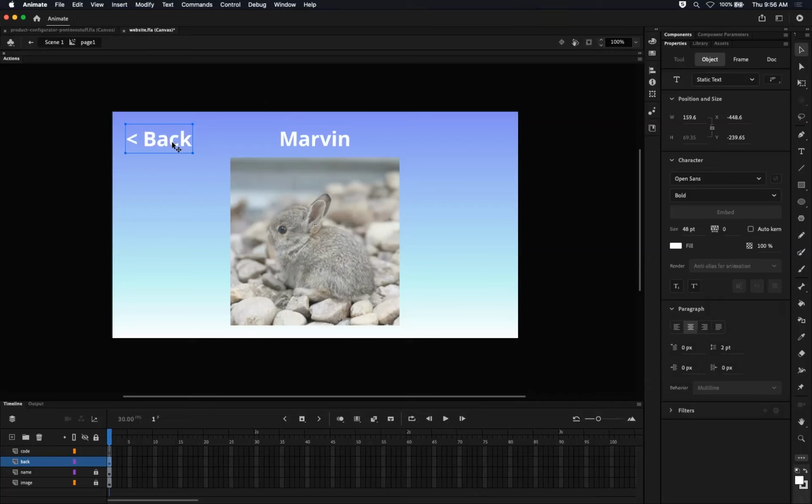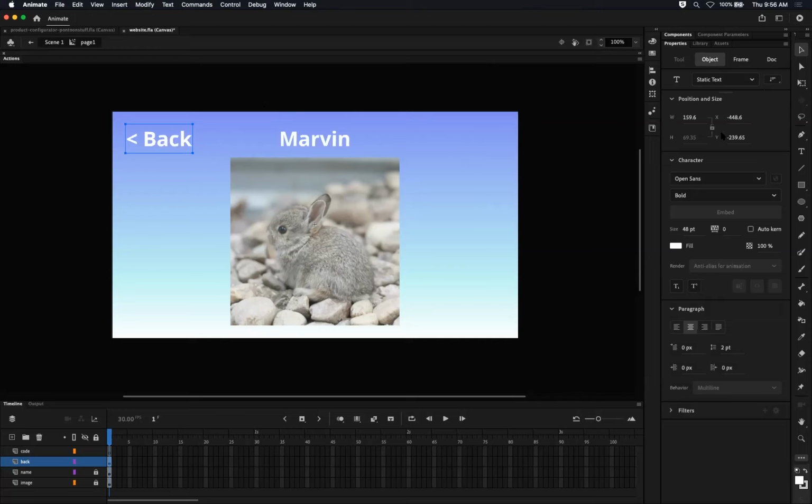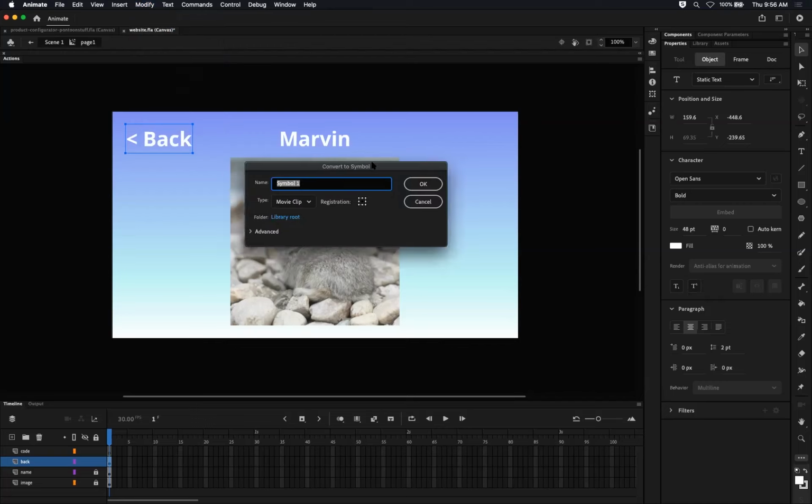And now we want to make a button symbol out of this. So I'm going to use F8. You could use Modify, Convert to Symbol, but actually it doesn't have the convert to symbol option on the properties panel when you're using text. So you may need to go to Modify, Convert to Symbol, or just do it the easy way and use F8, which gives you the Convert to Symbol dialog box. And now I'm just going to name it back, make sure it's a button,